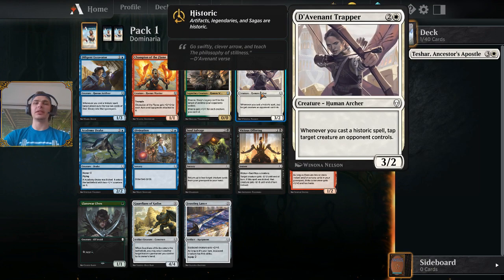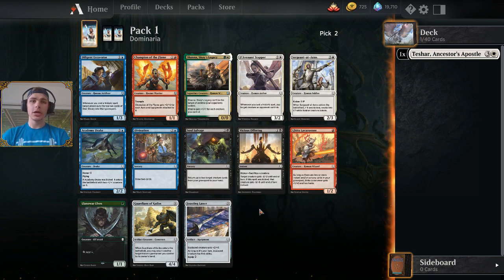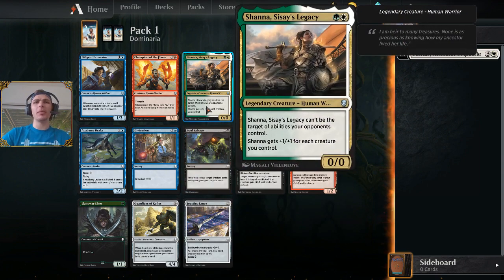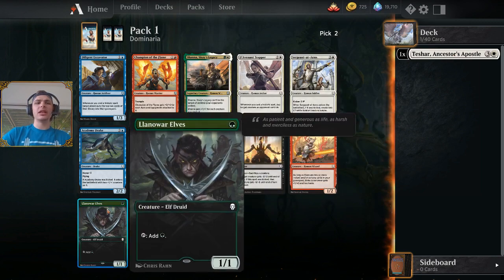So, and then I think Davenant Trapper is better, but I still don't want to take Davenant Trapper over these strong cards in other colors. So now we have to choose which card we want. Green-white is an okay color combination, but if I was going to take a green card, I would probably lean towards the Shanna, just because I want to play the Tashar if I can, and so taking a Llanowar Elves